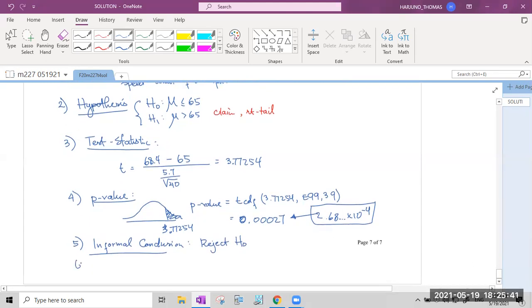And then the conclusion is, at 5% significance level, there is sufficient evidence to support the claim